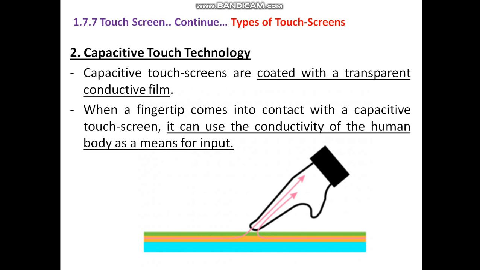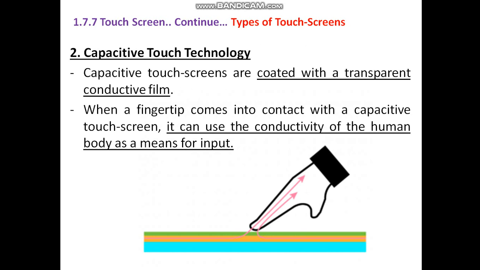It can use the conductivity and then the circuit is completed. So in the capacitive touch screen, the whole screen is like a capacitor. Okay, means a capacitor is a device that stores electrical energy in an electric field, as we know. So when we bring our finger up close, you affect the electrical field that exists between the inner and outer